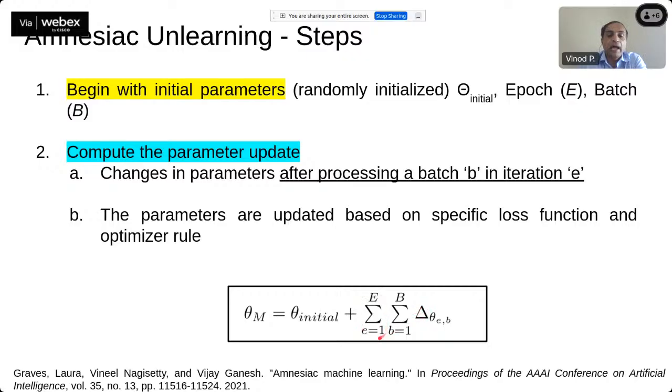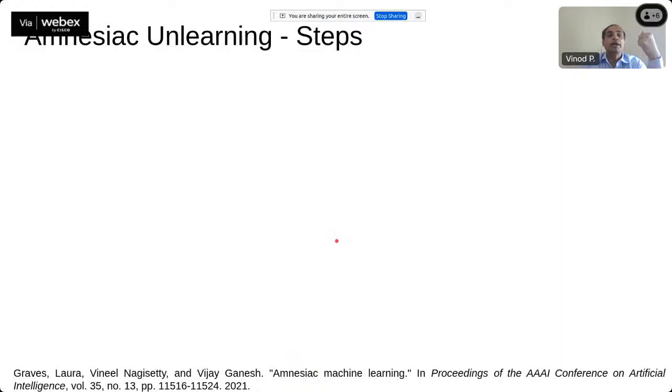So what essentially happens is we start from the first epoch, we take the batches of data, and we estimate the change. This change is estimated through the loss function during our backpropagation, and then we keep adding it to the initial parameter, and eventually the model would converge after some number of iterations. Let us say our model is M, which is now memorizing the parameter as theta. Now, still we have not started unlearning.